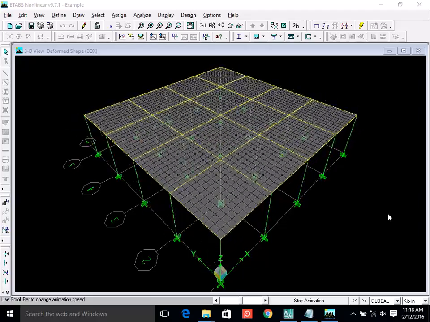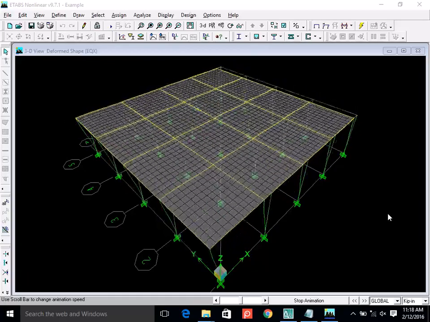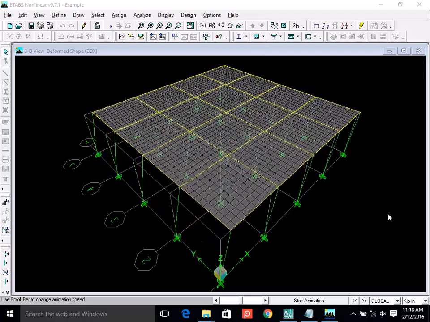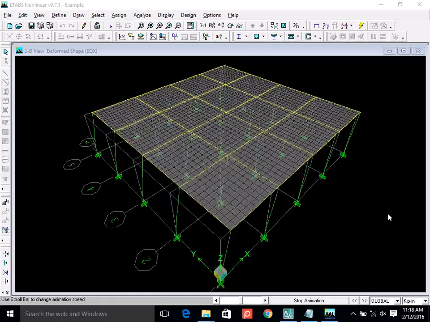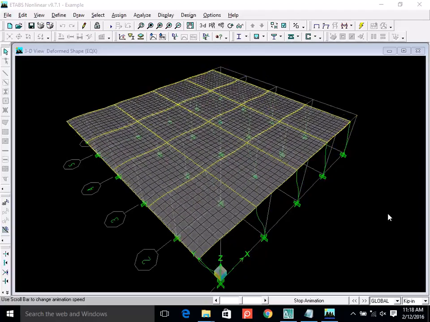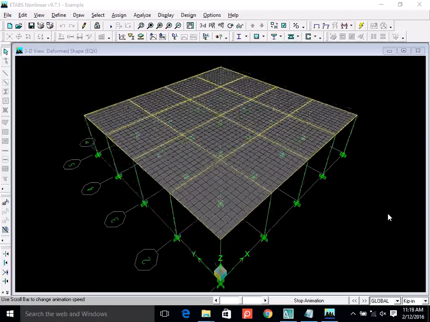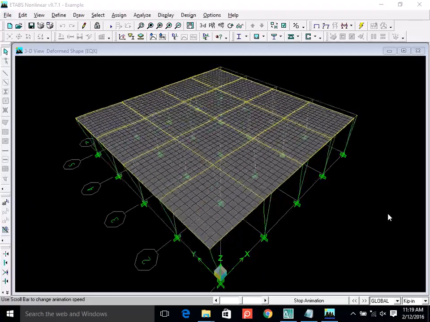I think this will take some time before we can show you. But what you can see on your screens is the deformed shape in earthquake Y and earthquake Z. And I will also show you the combinations. I said before that when you have only live and dead loads, then there are only two combinations. What was the combination? It was decon 1 and decon 2. Decon 1 is 1.4 times dead and decon 2 is